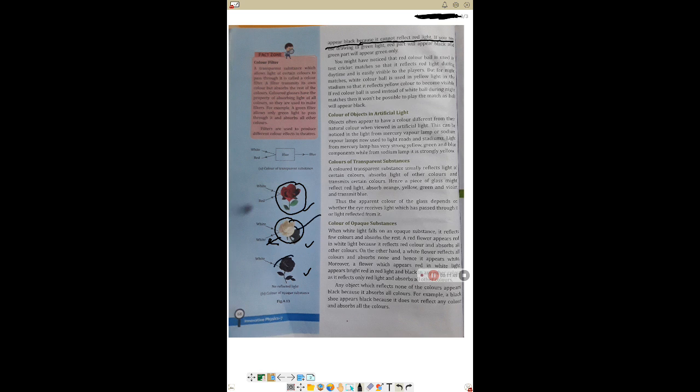And if it does not reflect any light, it appears to be black. Understand? So if you see the drawing in the green light, the red part will appear black and the green part will appear green only. So what we are actually trying to say here is that if you